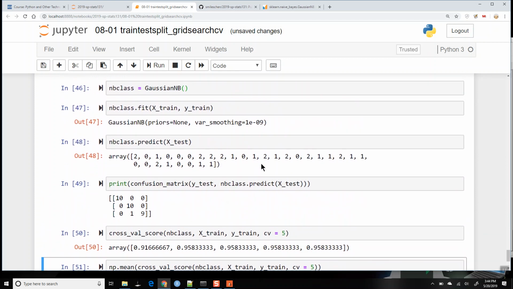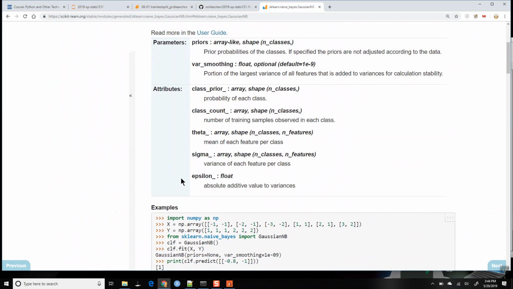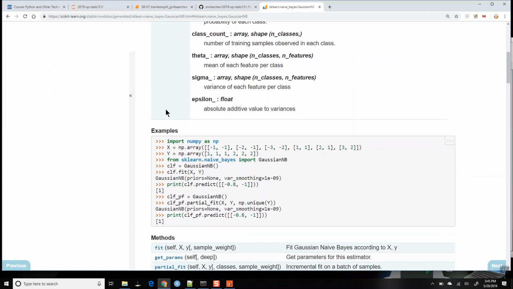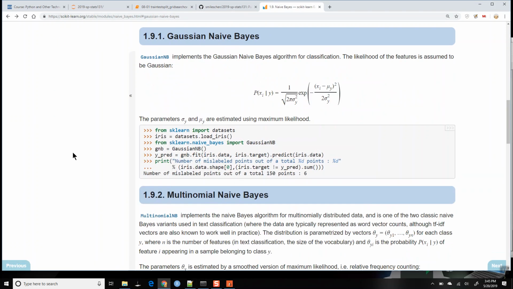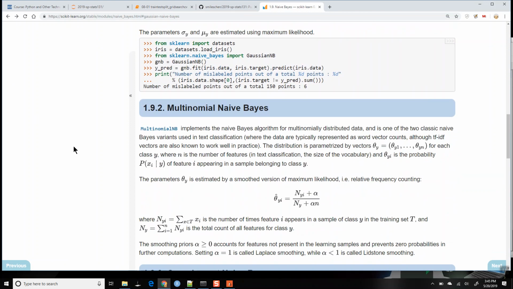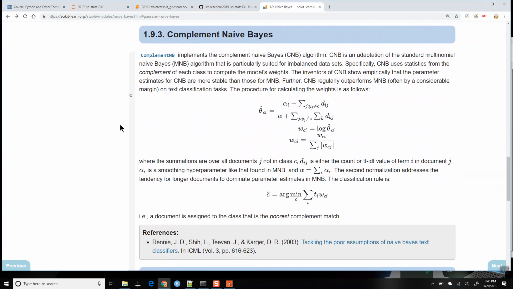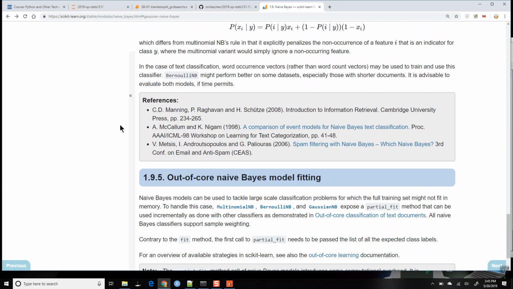And with the Gaussian naive Bayes, it's basically using the standard deviation estimate and the mean estimate from the training data to come up with its predictions. But these are different options, and all of these things depend on the kind of data that you have. Like if you had categorical data, you could do the multinomial naive Bayes and things like that. Okay,